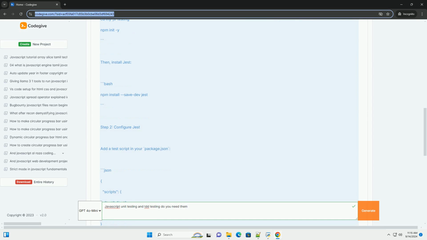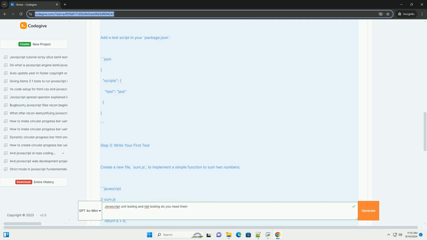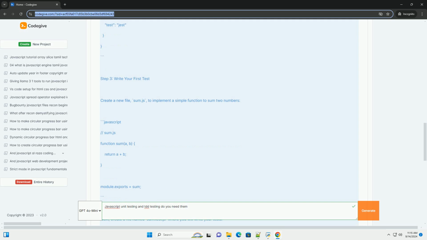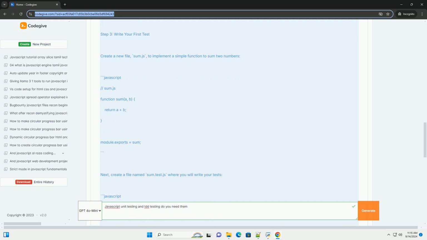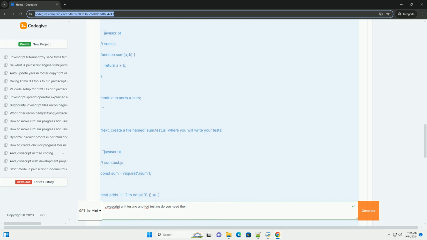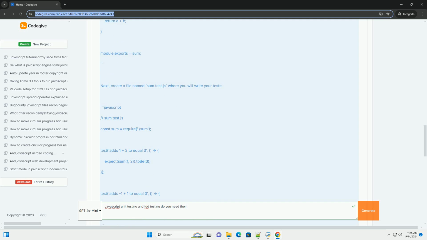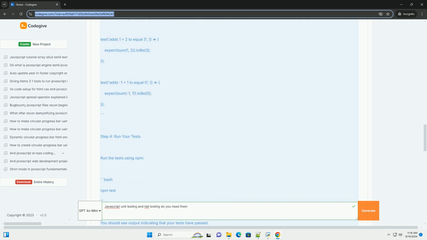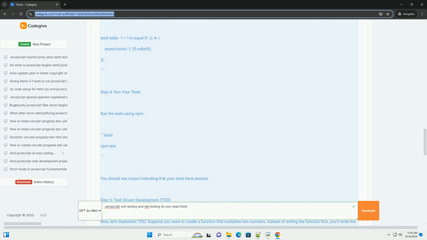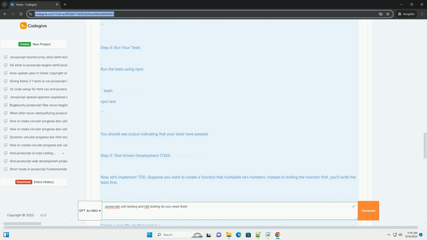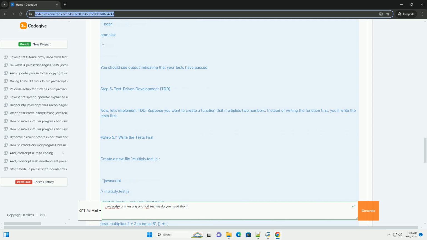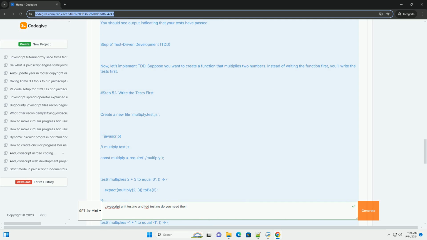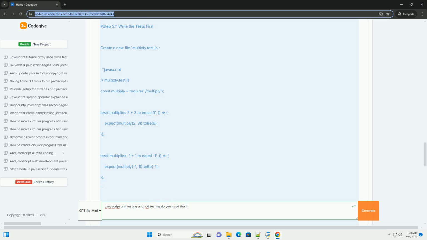A popular approach to unit testing in JavaScript is test-driven development, a methodology that emphasizes writing tests before writing the actual code. It encourages developers to think about the requirements and design of their code upfront, leading to better structured and more reliable software. Having a robust unit testing strategy, whether through TDD or regular unit tests, is essential for modern